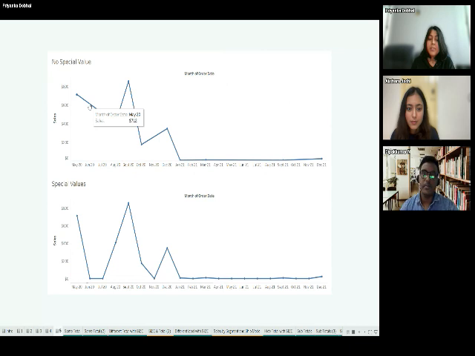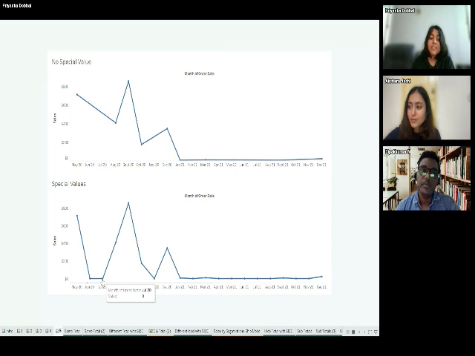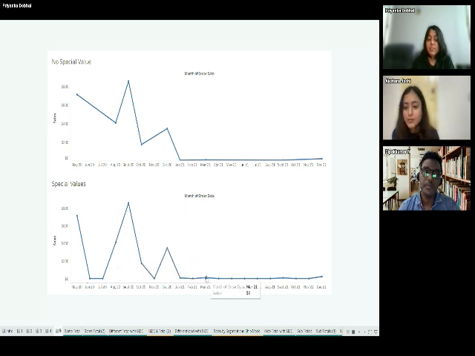So this is where something called a special value that we have in Tableau comes in handy. If you see the bottom chart, you would see that this chart shows explicitly that my sales in June and July were zero. So now I'm able to see that the sales drop, whereas here I'm not able to see that sales drop. So I'm actually giving the correct picture to my user that, see, your sales dropped in this particular month, and then it came back, then it went up, it came down. So we're actually showing them actual numbers. You can see March has 9, April has 0, May has 0, June has 0, and July has 0. So all of these have been explicitly pointed out.